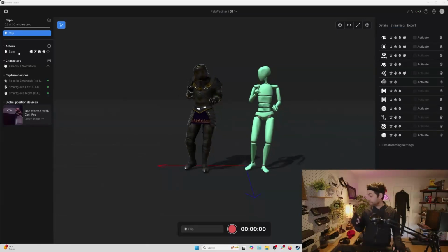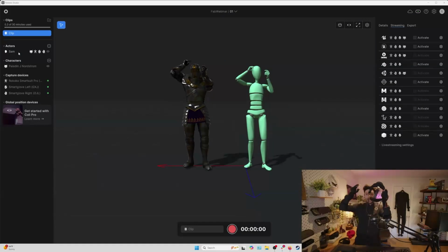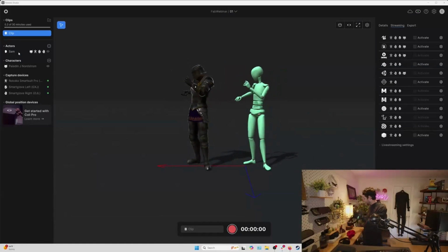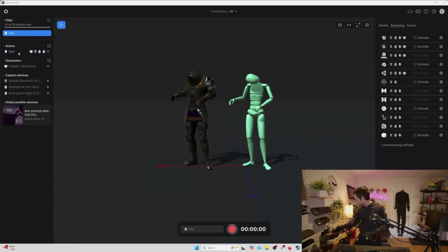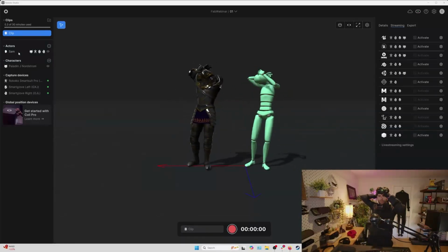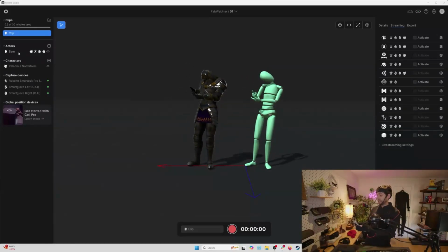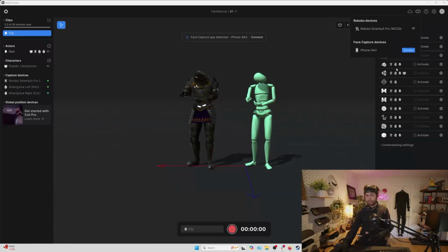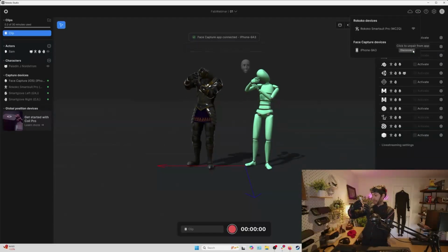Okay, so before we get back to Fab, I do want to quickly show you some face capture. To do this, I will take off my head sensor, take off my headband, throw on the head rig here. Boom. I've got my iPhone that I am just going to open up the Rokoko face capture app. And you can see we get this little pop-up. We'll hit connect, we'll hit allow. I will add this